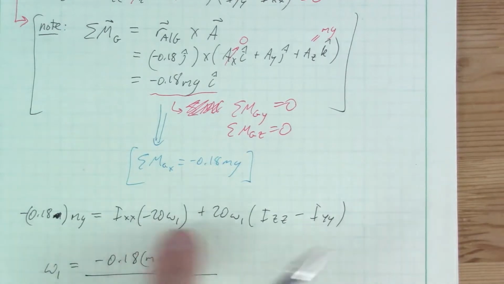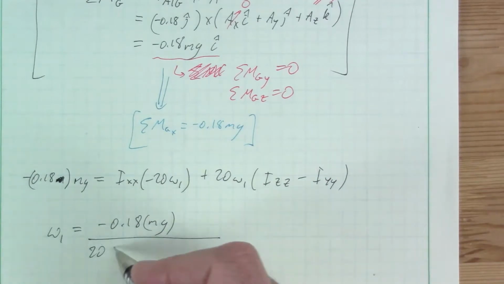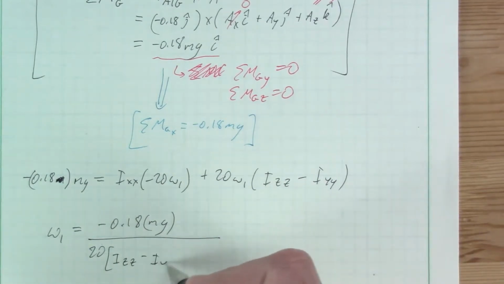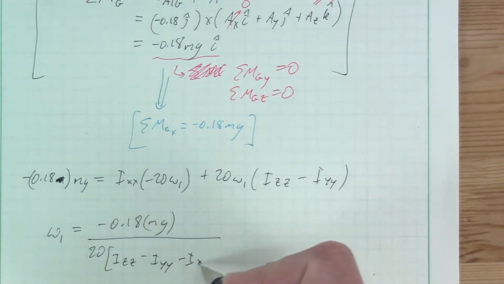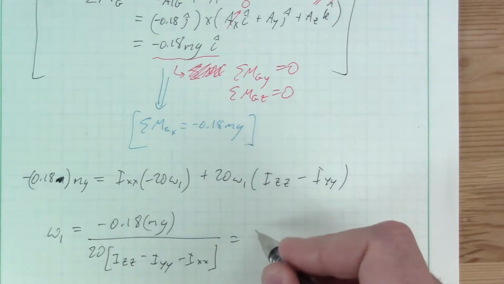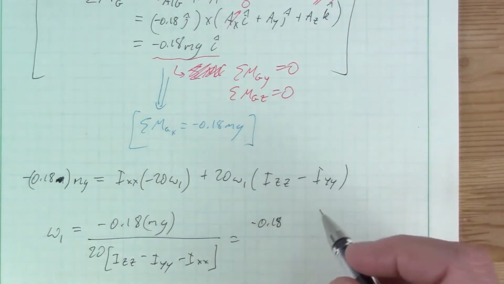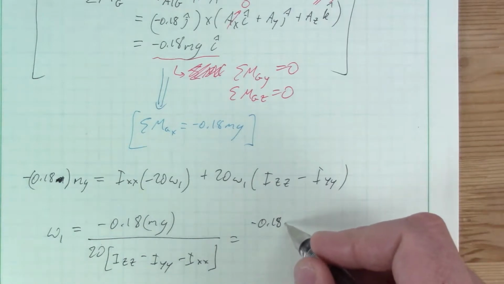Divide this by the... when we pull these things out, noticing here, all of these terms have a 20, so we can pull that 20 out. And in fact, then it's Izz minus Iyy minus Ixx. Okay, plug in values. Now we can be careful with our units because the 0.18 was a